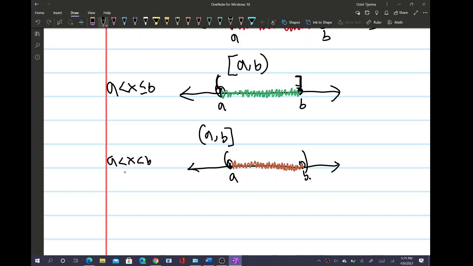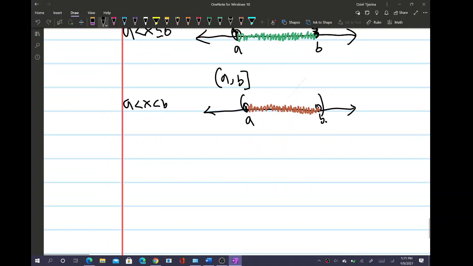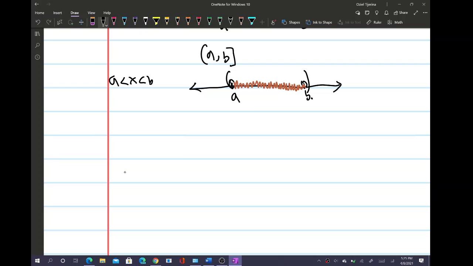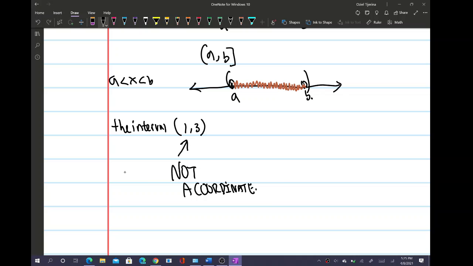Now, one of the things that I really want to reiterate to you guys and make very clear is that when we say the interval 1 to 3, this is not a coordinate, okay? Please do not mistake that for a coordinate. When we say the interval 1 to 3 with parentheses on both sides, that is not a coordinate. That means